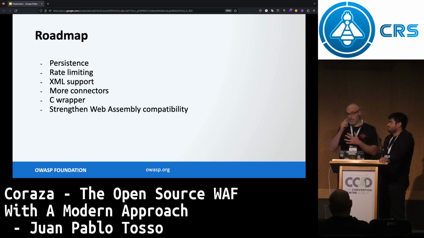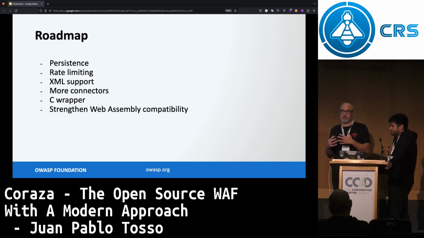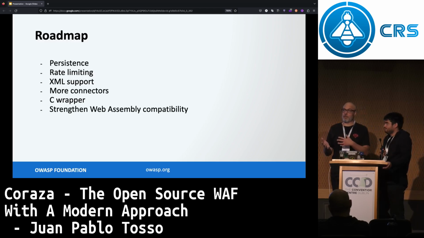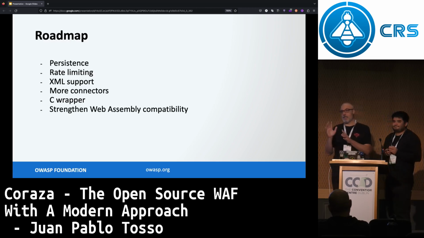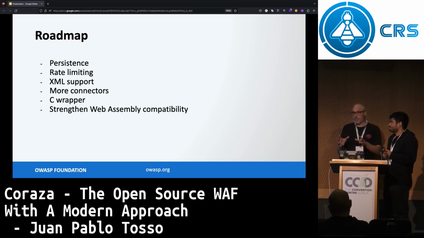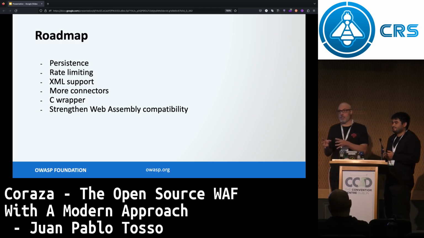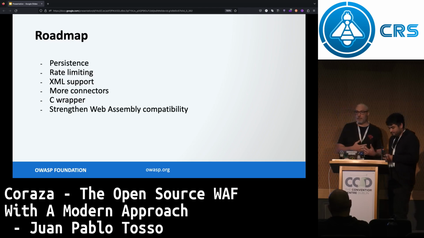So the idea is the community should drive what's in the roadmap. One of the problems is that, for example, in ModSecurity, getting something merged is really a challenge. First, you need to implement it properly, and it needs to be vetted properly so it goes somewhere, and it makes sense for the project. But then the control is with the company. And we didn't want that for this project.